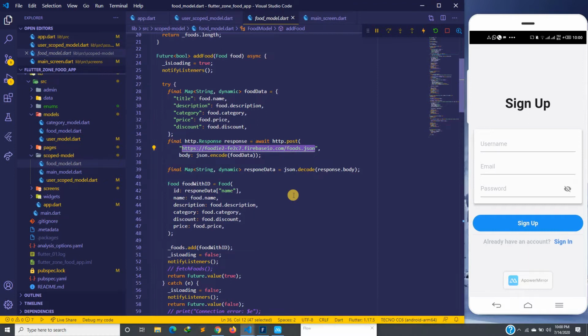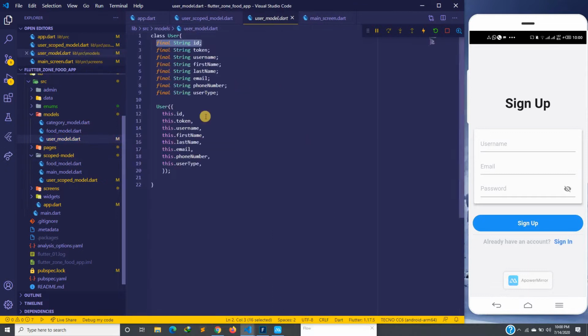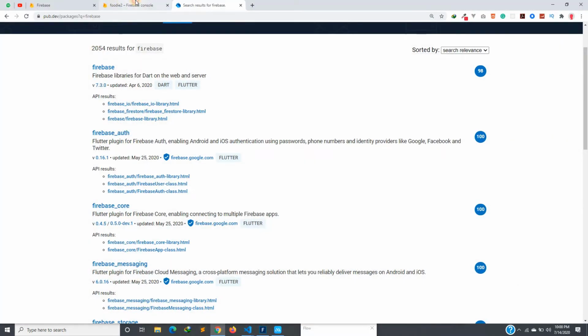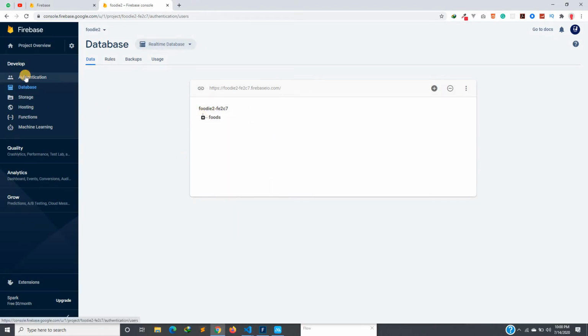What we are supposed to do today: we have to find a way to save this information in the database. So when you sign up,